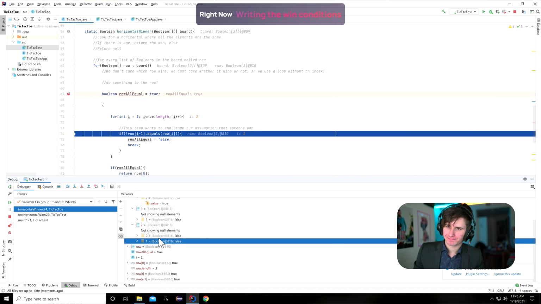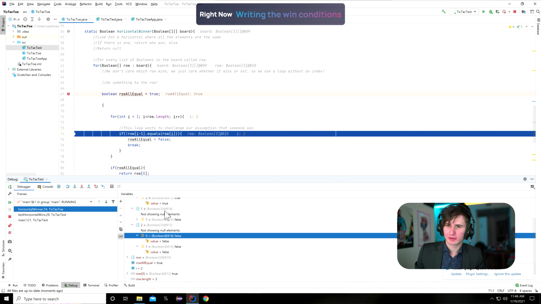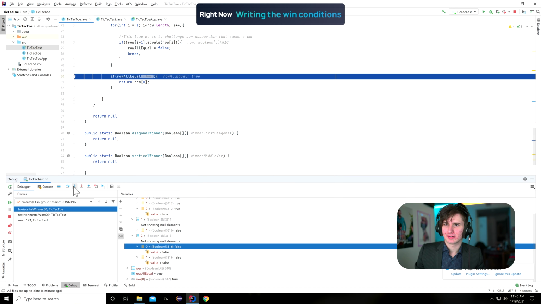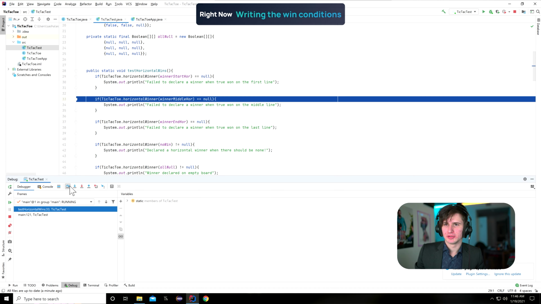Now we're checking the last one, and we're seeing, does the thing at index 1 equal the thing at index 0? Right now, does it work? Yeah, it works fine. But now we have a problem, because now we're actually checking if the thing at index 1 is equal to the thing at index 2. Now that is null. Is that going to crash us? Not yet, because we haven't had the issue. But now